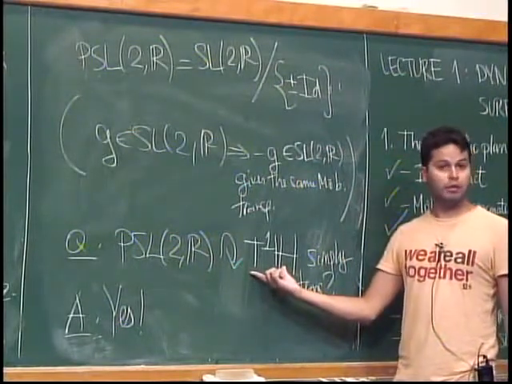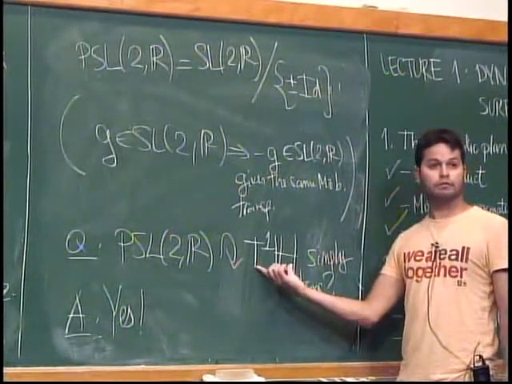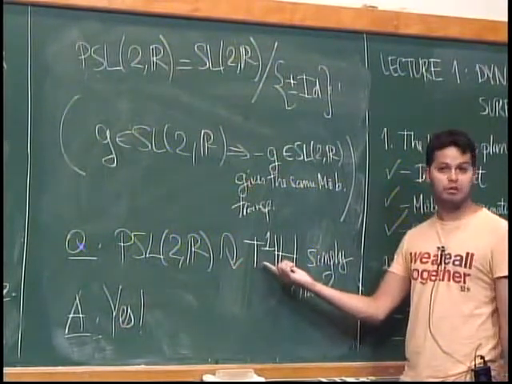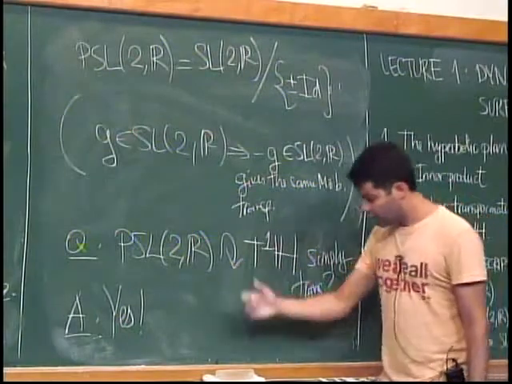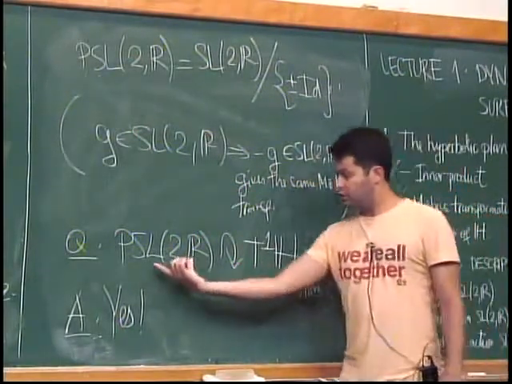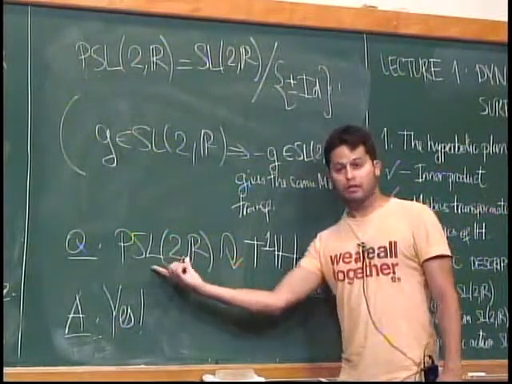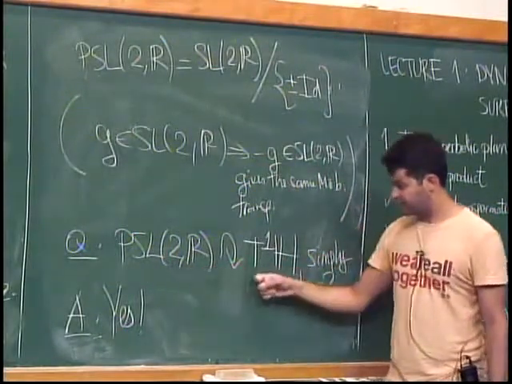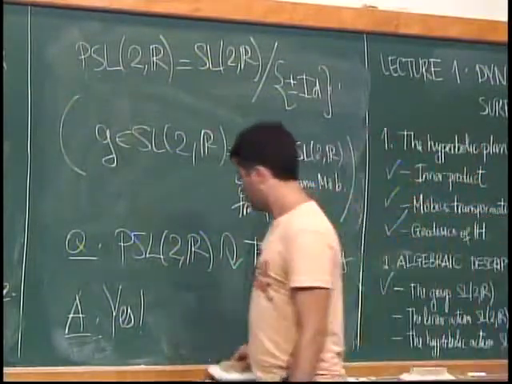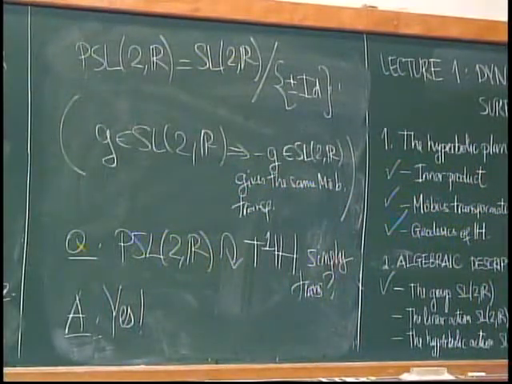How do you do that? You just fix a vector here. Let's fix the vector I. We could have fixed any other such vector. And to any other vector V, I associate the transformation here that sends I to this vector V. Okay? So this allows us,